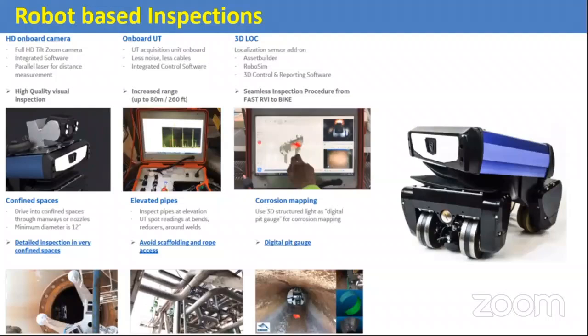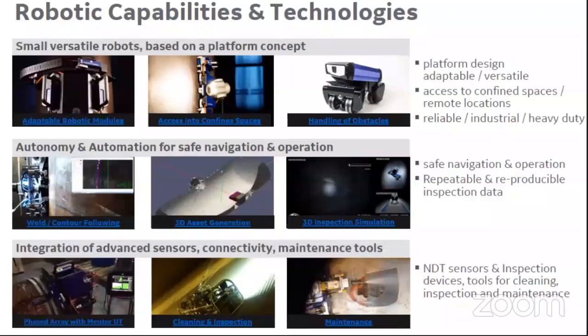Anybody who wants can connect with me and we can talk about it. But there are excellent robotic devices to do confined space inspection, go into pressure vessels, go on pipelines, elevated places, do location mapping, avoid obstacles, everything you can think of, can be done with today's robots.